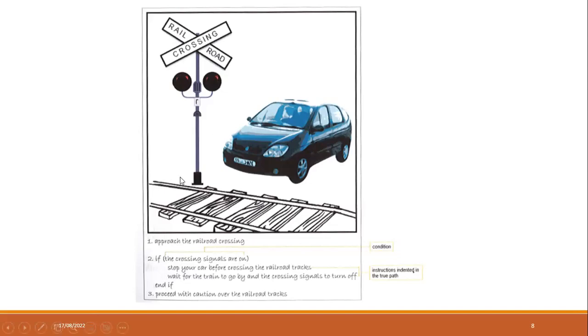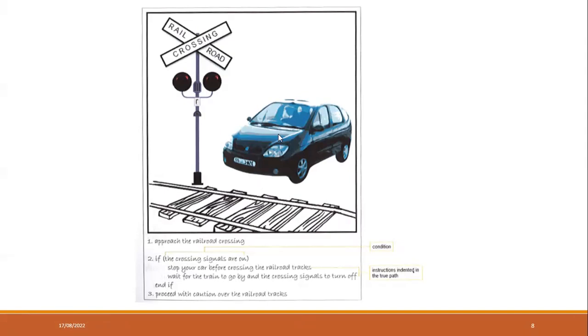But here, you can't drive a car on the main road continuously. Can you drive without stopping? No, because we have signals. According to the signals only, we can make decisions. If the signal is red, green or yellow, we have different instructions. So that signal is the condition here, and based on that condition we can make further decisions.